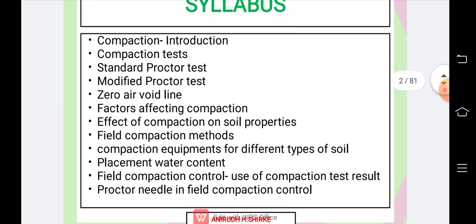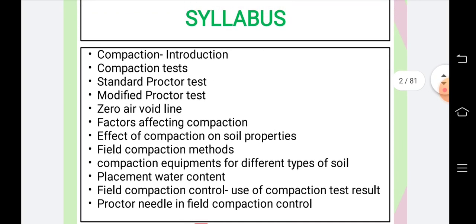So for part A, that is compaction, the syllabus contains the introduction of compaction, the definition of compaction, the difference between compaction and consolidation, then the various compaction tests, that is the standard Proctor test and the modified Proctor test, which are conducted in the laboratory, and then the concept